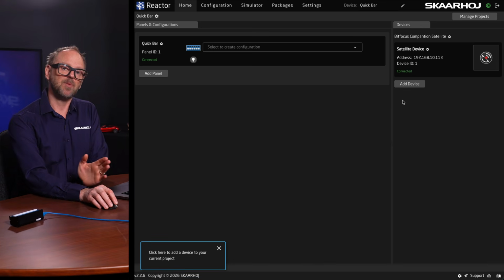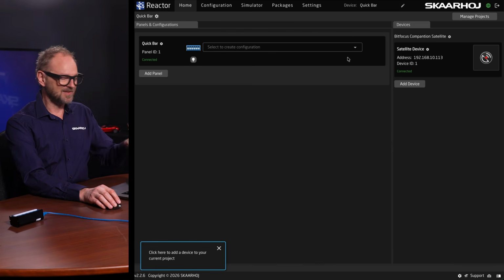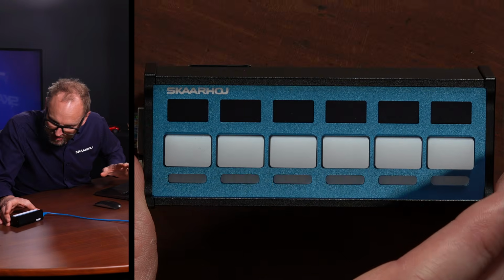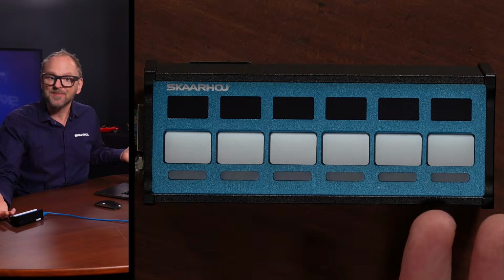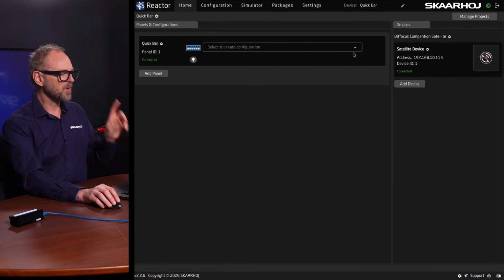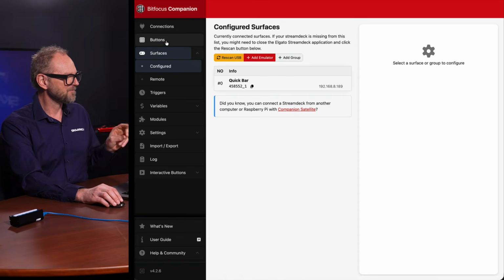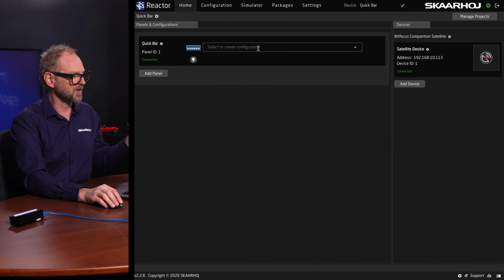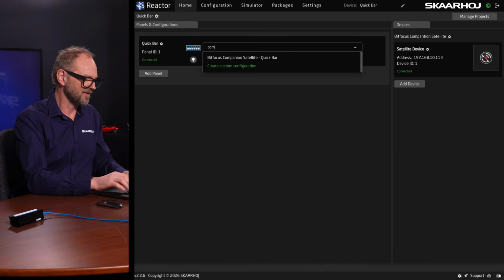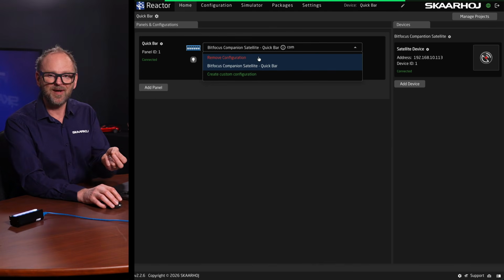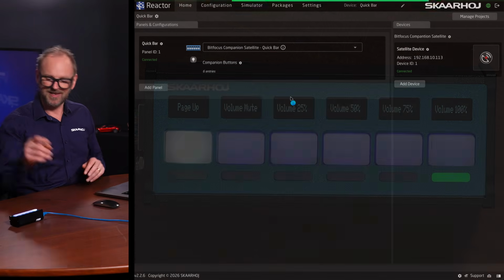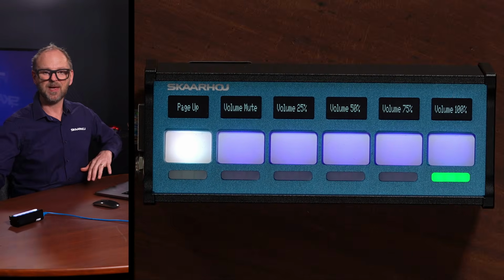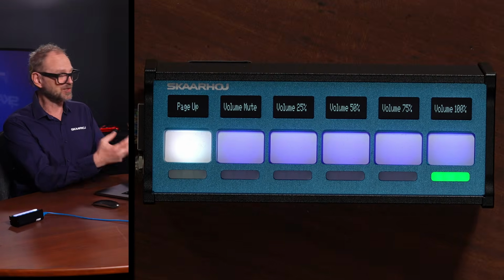You can actually set up multiple of these. And then on the Quickbar, which is currently, if you look at it, still empty. Why is that? That is because what we basically need to do now is to map buttons from this grid down onto buttons on the Quickbar. And that happens in one of 2 ways. Quickbar, which is a default configuration we have made, is right there. 6 buttons are mapped down, and that was a preset that I just loaded up